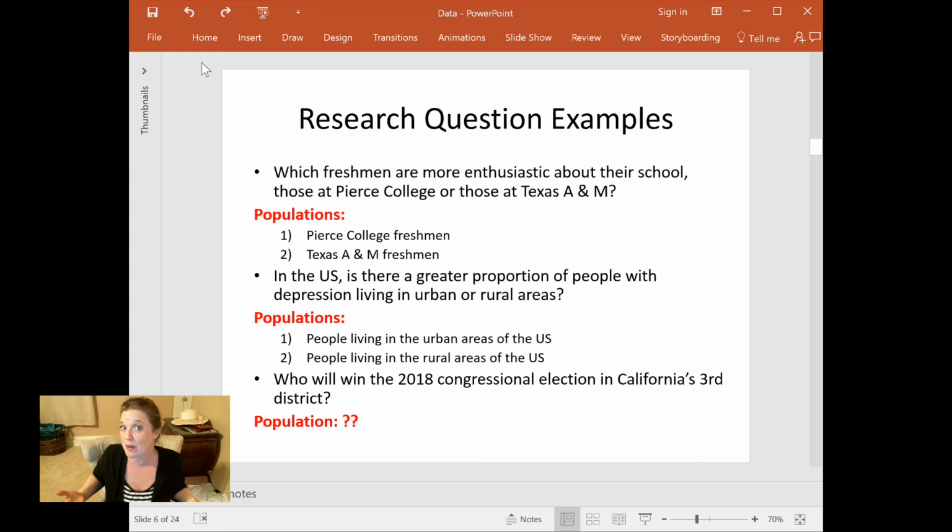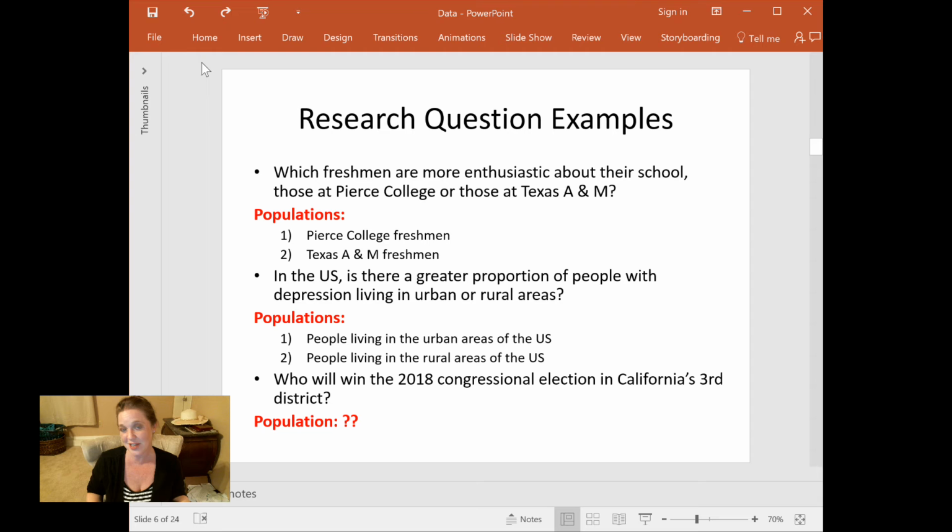Do I know who those people are going to be? No, I don't. So my population of interest is kind of hard to pin down right now. I don't know who those people are. And so that actually becomes the challenge of political polling. And so, political pollsters try to figure out who is going to be what's called a likely voter, right? And there's 3 questions they ask of voters. They ask, are you registered to vote? That's important. Did you vote in the last election? And do you intend to vote?